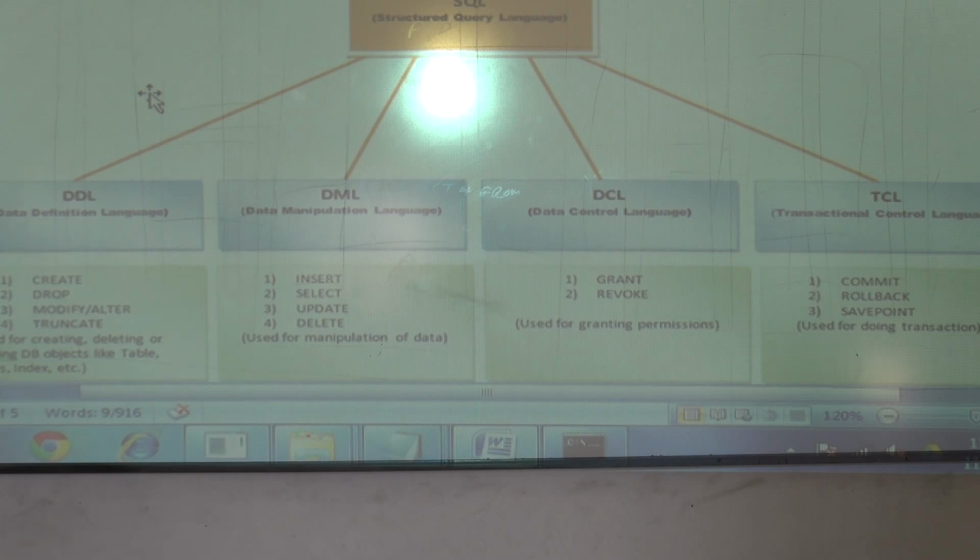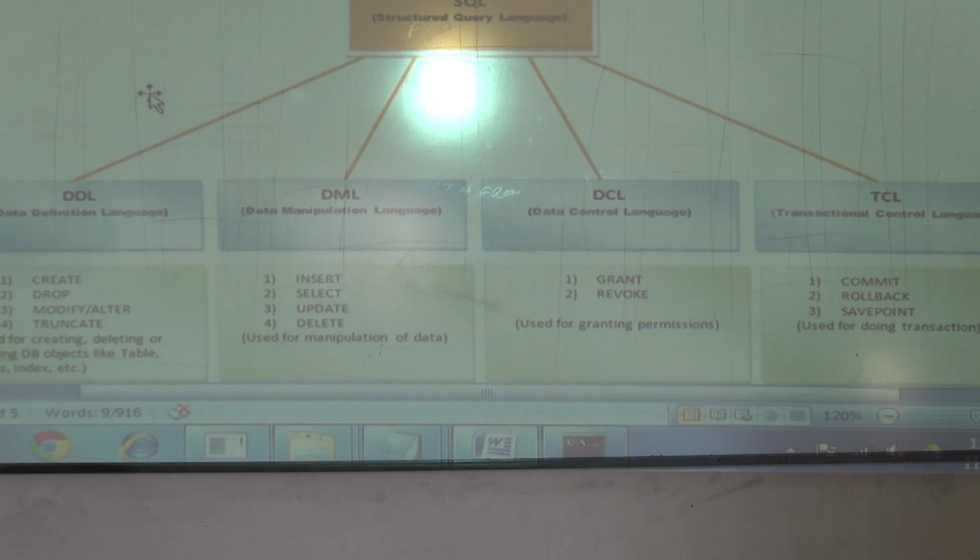Now why do you use DDL queries? Simple. You use them for creating, deleting or altering DB objects. Till now you have learnt only one DB object, which is the table. In the schema which I drew, write a heading as DB objects. The schema contains DB objects. What are the DB objects?